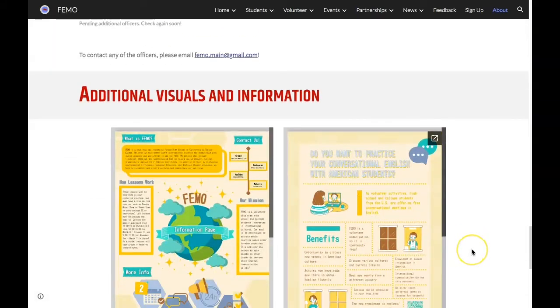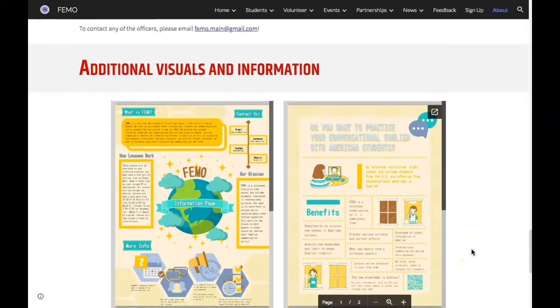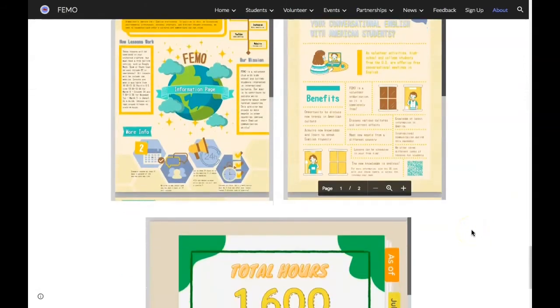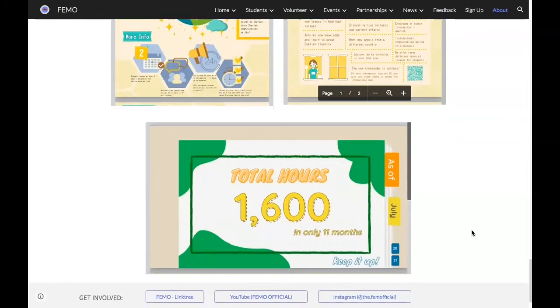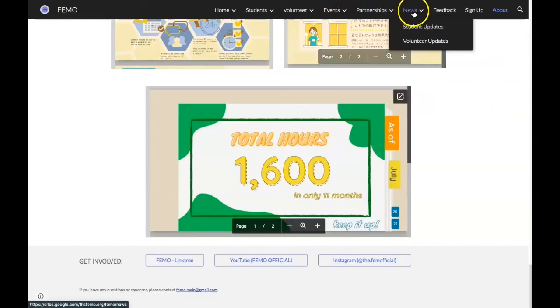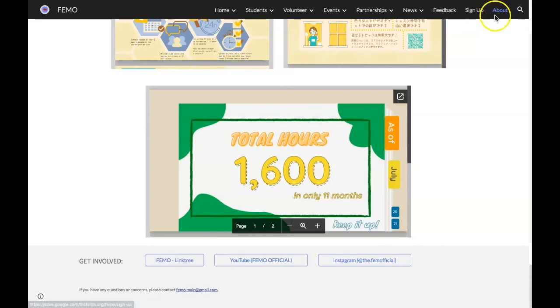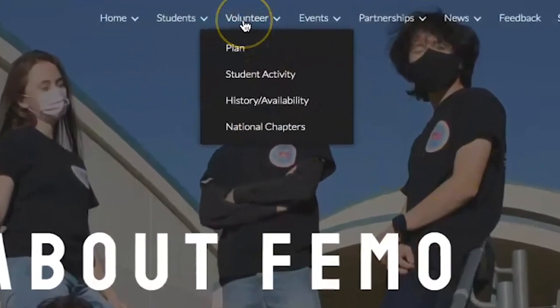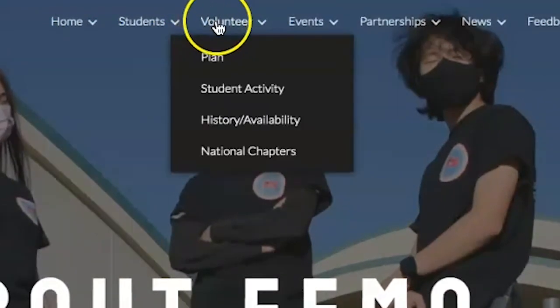On the very bottom of this page, we have additional visuals and information for you guys if you'd like to look at something and just get to know a little bit more of information. That's basically it for our About tab. So as of now, I've gone over the Events tab, Partnerships tab, News tab, Sign Up tab, and the About tab. But what's really interesting is that we have an actual volunteer homepage for you guys. It's going to be the third tab from the left. If you click on that,